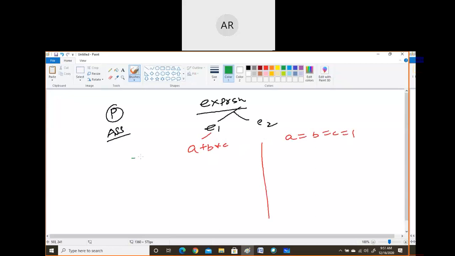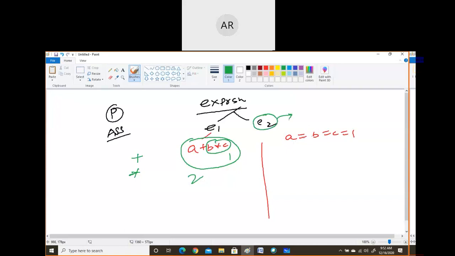In E1 there is a plus and a star. So which operator has the highest priority? We know that this will be executed first. After this execution, this will be executed next, right? This is the two, right? So E1 will be evaluated, and in the same way, suppose how will this E2 be evaluated.